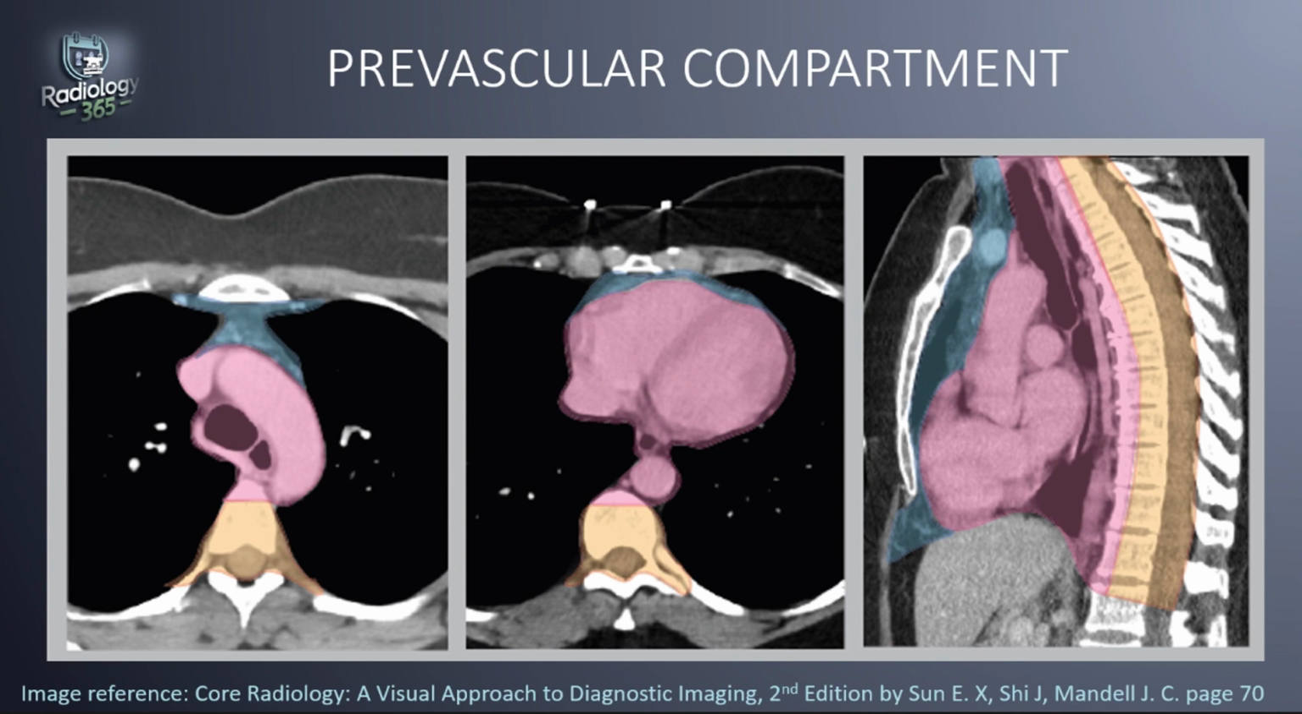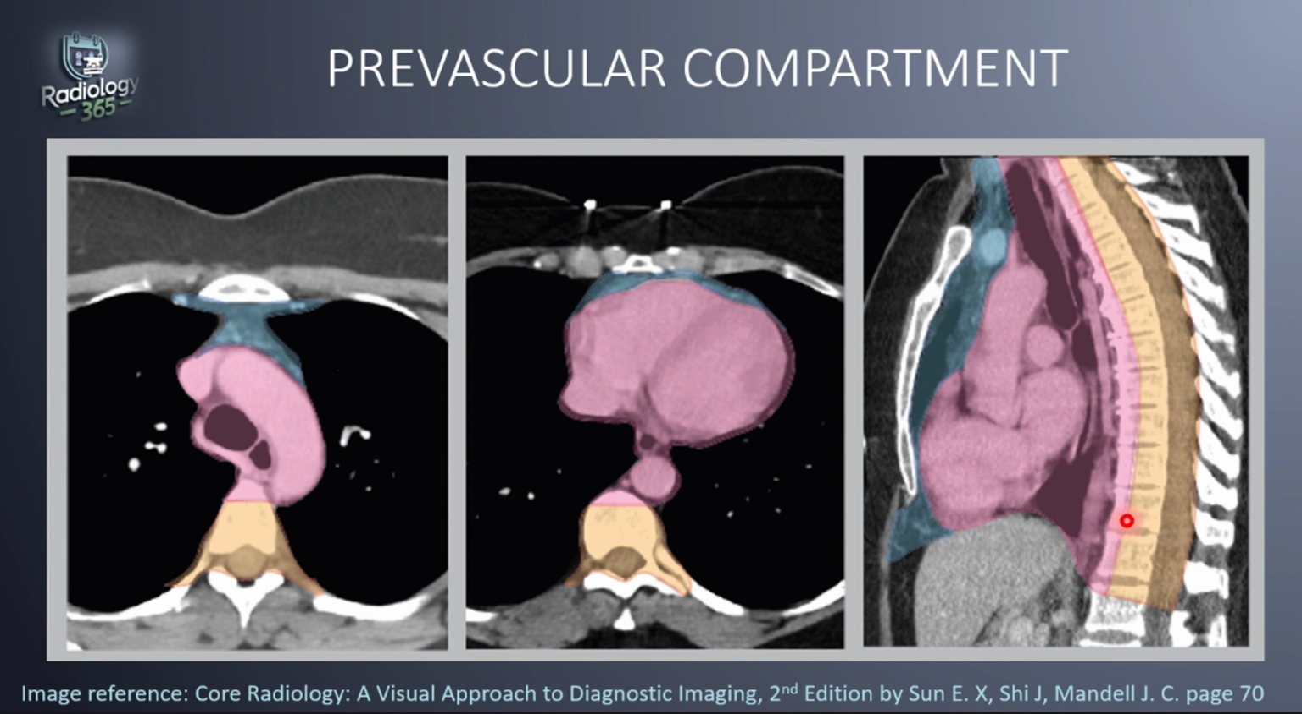Next, we'll talk about the visceral compartment. That's the pink or red color-coded area here. The visceral compartment is bounded superiorly also by the thoracic inlet, inferiorly by the diaphragm, anteriorly by the posterior boundaries of the prevascular compartment, that's the anterior border of the pericardium, and posteriorly by a vertical line that connects the